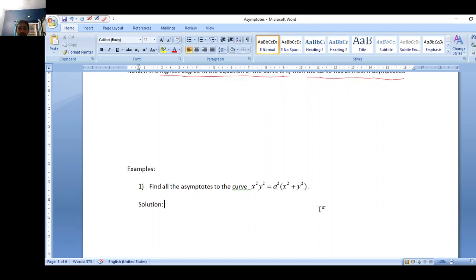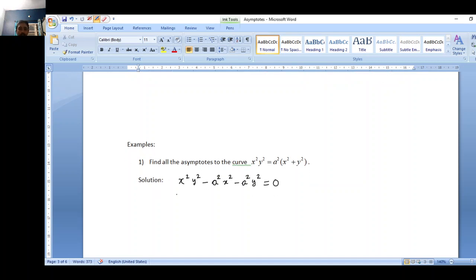Okay, so for that to be done, first of all, we will rewrite the equation in such a way that we have it in powers of x and powers of y specifically. So x square y square minus a square x square minus a square y square is what I have as the equation of the given curve. Okay, now once I've got this as the equation, to begin with, to find all possible asymptotes parallel to x-axis,